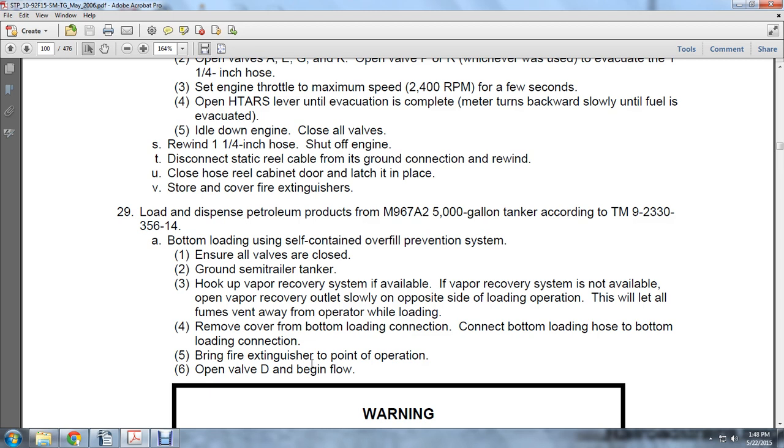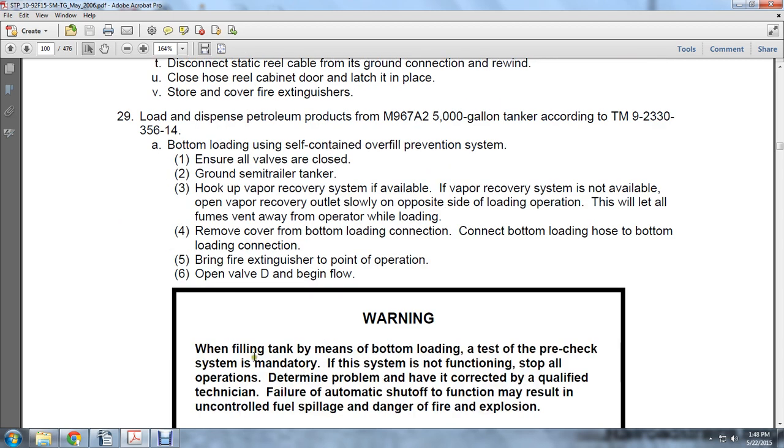Remove the cover from the bottom loading connection and connect the bottom loading hose to the bottom loading connection. Bring the fire extinguisher to the point of operation. Open valve D and begin the flow. When filling the tank through the bottom loading, the test of the pre-check system